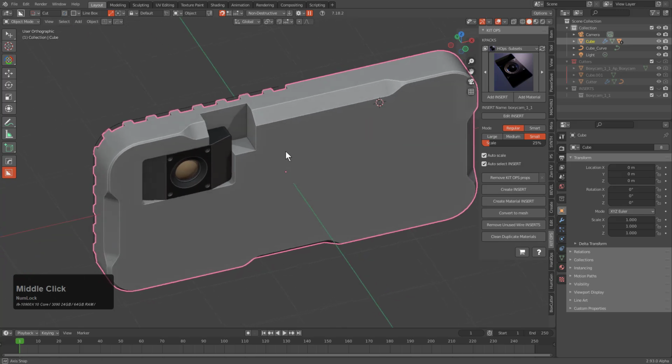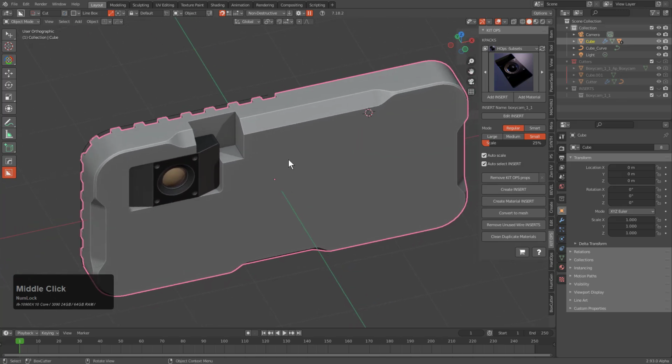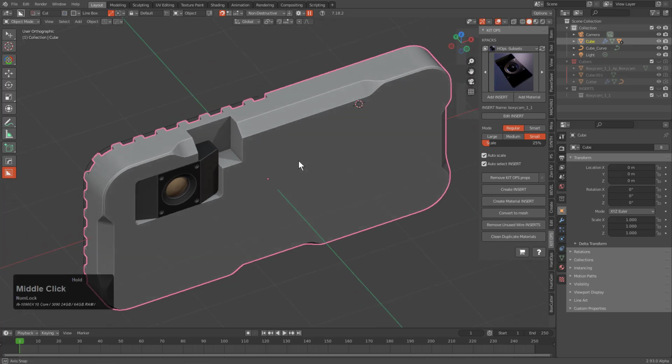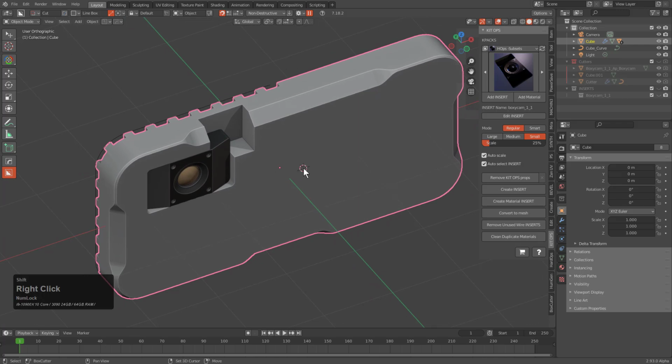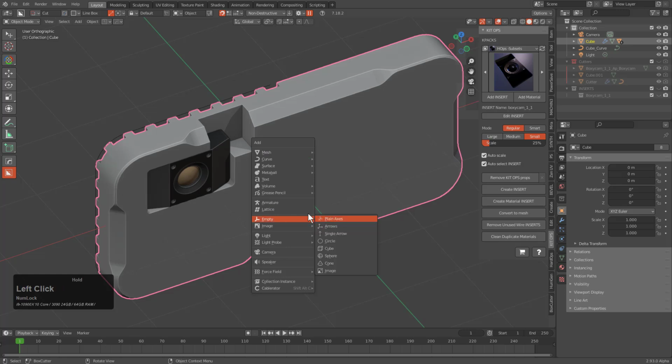So there's quite a few support tools at your disposal when it comes to managing HardOps and dealing with inserts and keeping all these sort of things under control. Just letting you know that there's additional cases that we're also intent on improving upon. So I'm going to just shift right click, place my cursor here, Shift A,